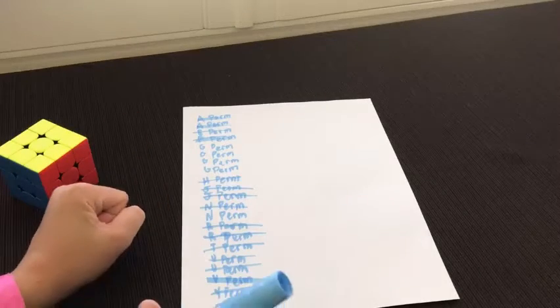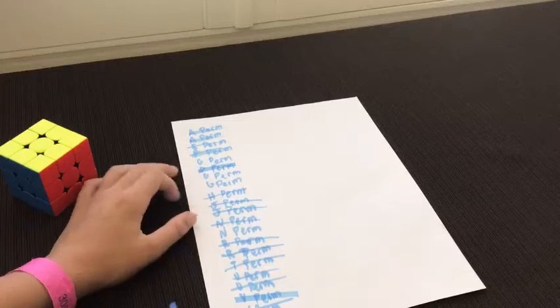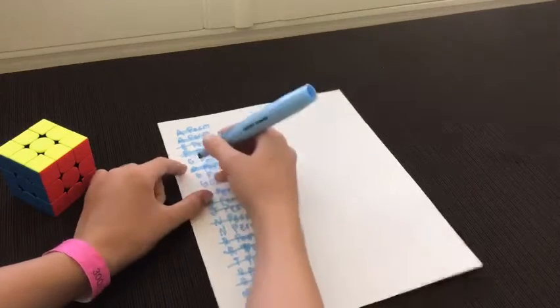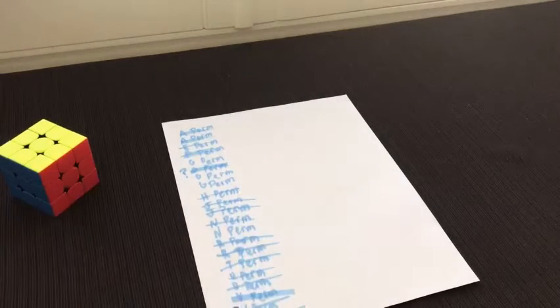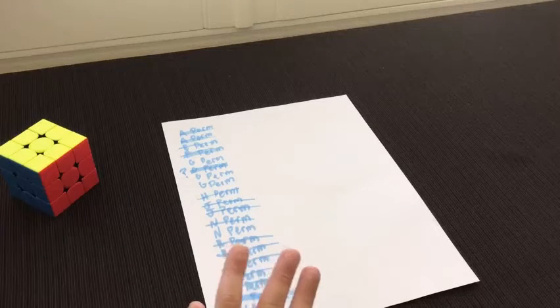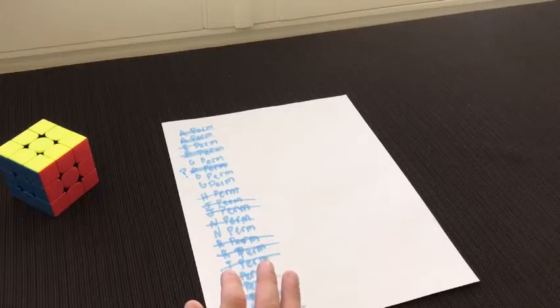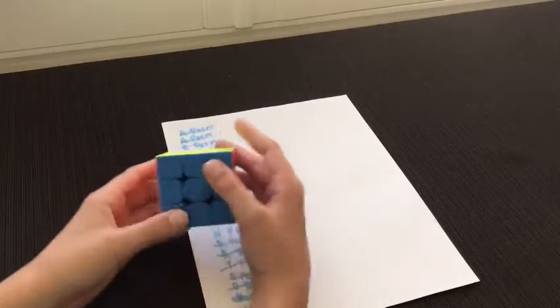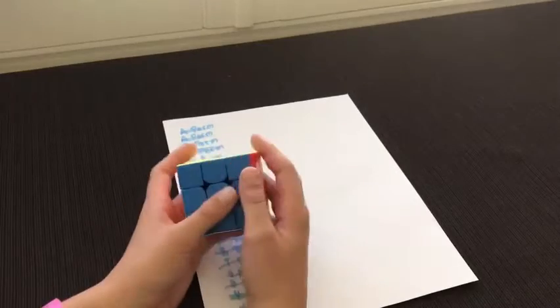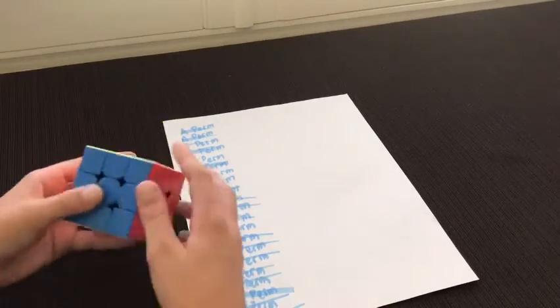5 PLLs left. And I learned a bad GB perm. So that one's like question mark, I guess. And then we have the other G perms. So the hardest part of this whole thing, I'm gonna call it, G perms. I learned this one, and it's the one with